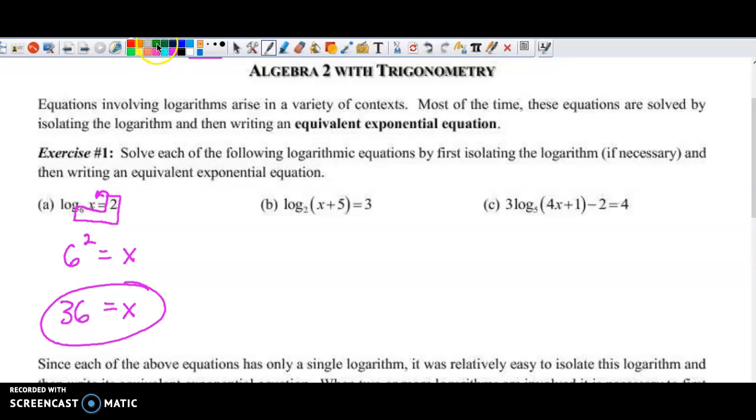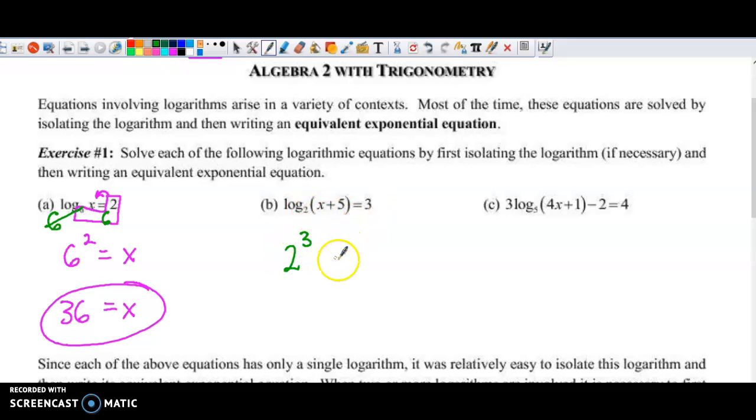What some people will do, and I'm on board with this if you want to, is to get rid of log. It's the same thing as doing 6 to that power. So I'll move that 6 in front, and that's only okay if you do that to the other side as well. So as I'm looking at the next one, again, my encouragement is more of changing it to exponential form,